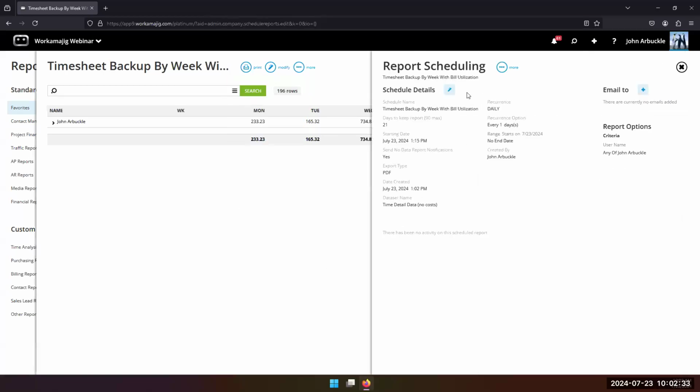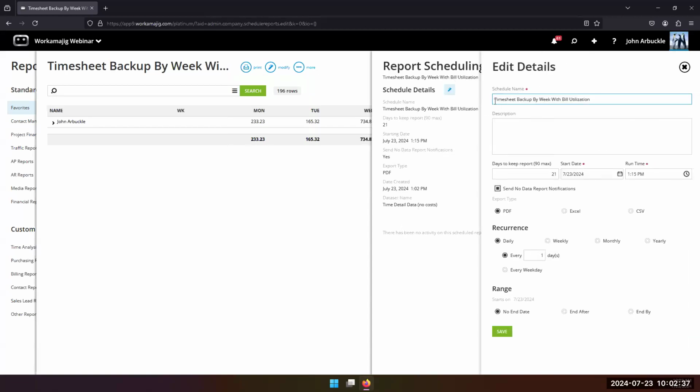Okay. So in this one, I'm going to again click on the schedule details, and this is going to allow me to name this. And this is quite important. Name it so we can see it in the future. And I know I ran this for John. So it's going to say timesheet backup by week. And I'm going to edit this and say for J. Arbuckle,